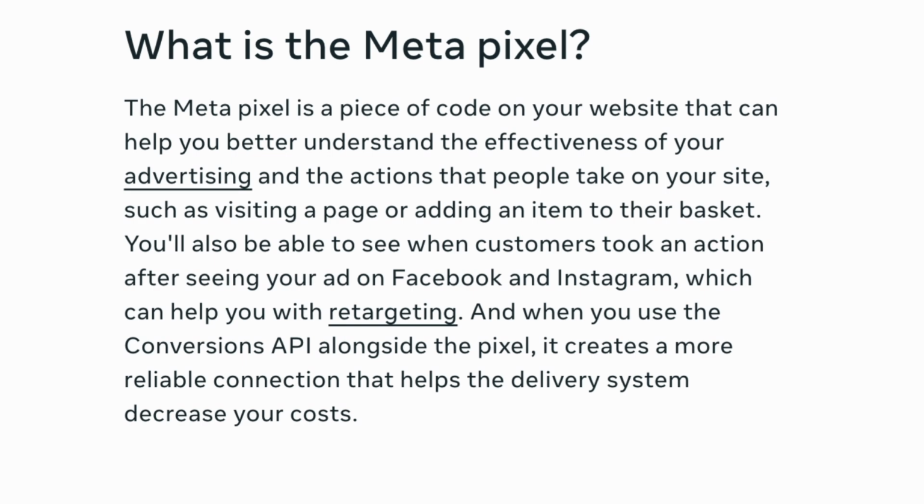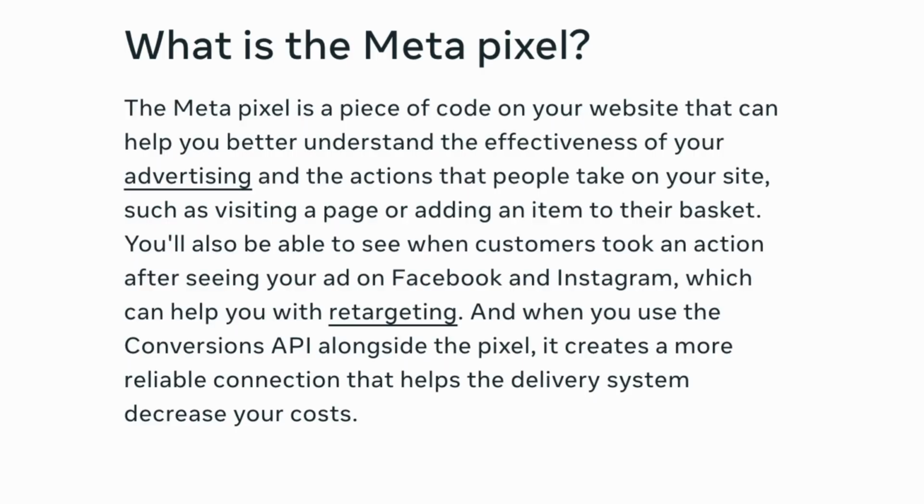You will be able to see when a customer takes an action after seeing your ad on Facebook and Instagram. So whatever you do with the ad, like engage with the ad, click on the shop now button or book now button, right? Facebook will track you, and the pixel will help Facebook to track those actions and help you